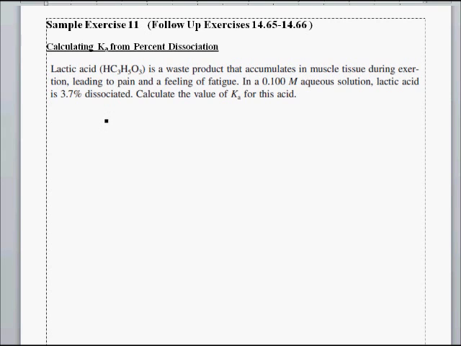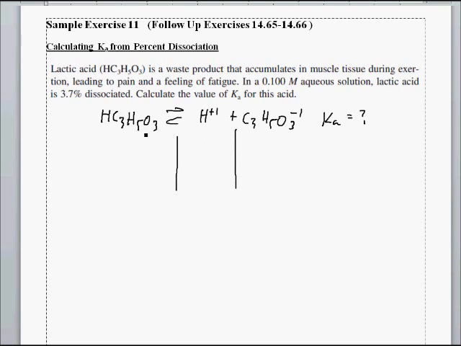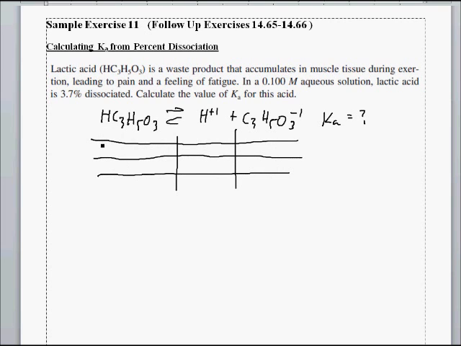I'm going to start from an ice table again, just so I can understand what's going on. So let's always start by writing the dissociation for the acid. So there's our lactic acid breaking down. We don't know the Ka this time, right? This is what we're looking for. But if we picture what's going on in terms of equilibrium, set up our ice table to help us visualize the problem,